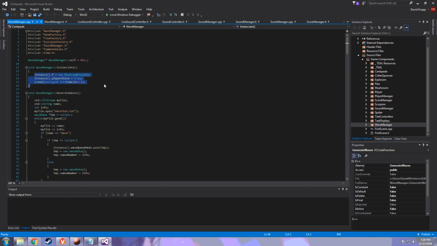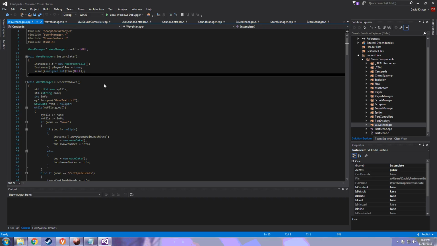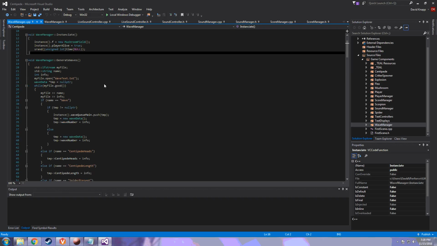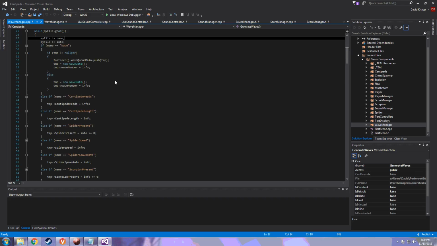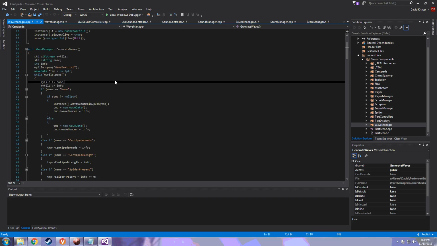On instantiation, it will generate a new field, randomize its seed, and set the player to alive. It will then proceed to generate waves. It will open up a file and read through that file. The reading through, as you had requested before, has been changed. While it reads through,